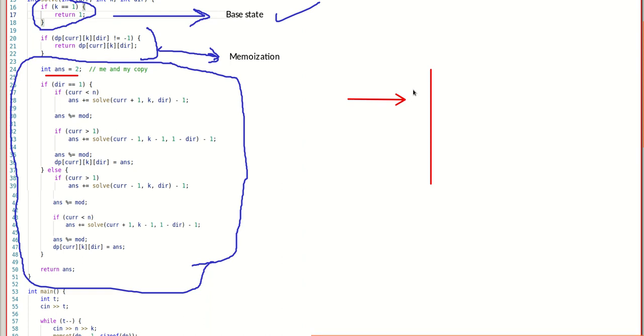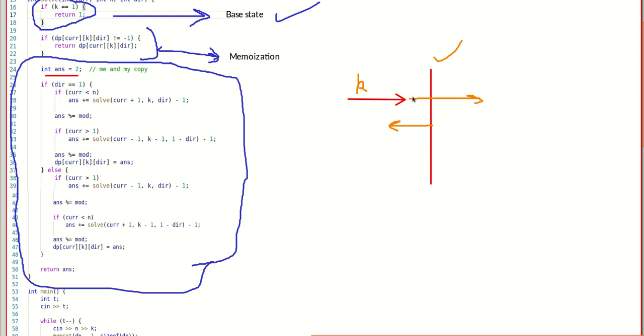Obviously it can be left also, but let us try to understand with this only. So this is my current plane, and this is my particle of decay age, say k. Now what it will do is, this will pass through this plane easily, as already stated in the problem statement. It can pass, but it will create one more copy over here, which will go backwards, and this is my current particle.